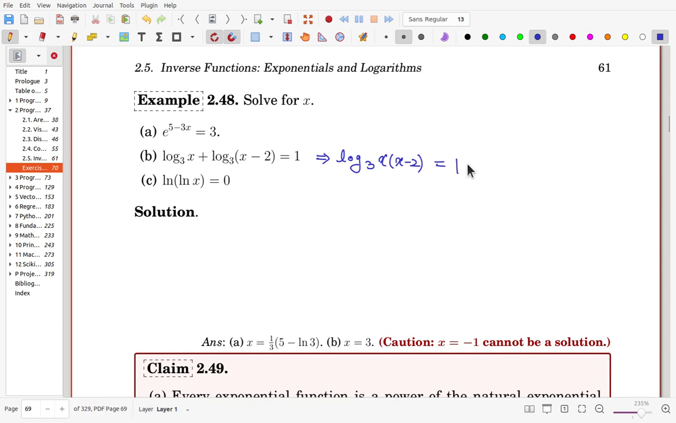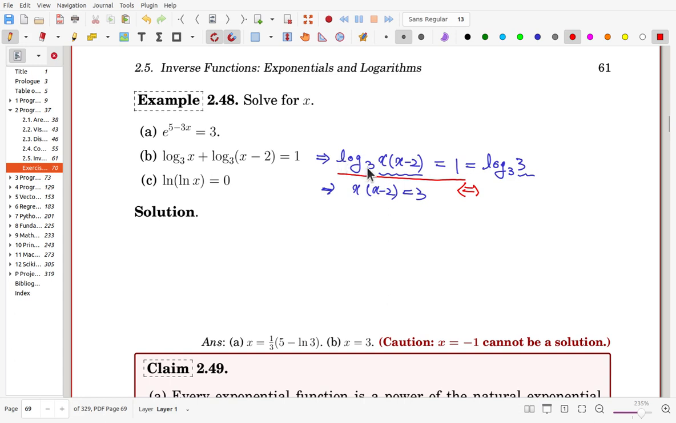But now that one can also be changed into log base 3 of 3. And so this portion is the same as that. So from this one, we can get x times x minus 2 is the same as 3. Or by using this portion and the definition, this equation is the same as